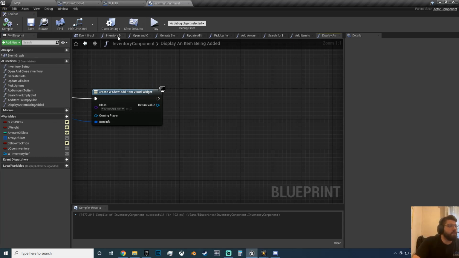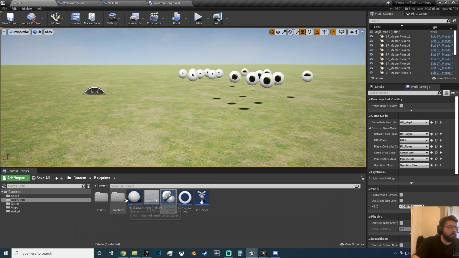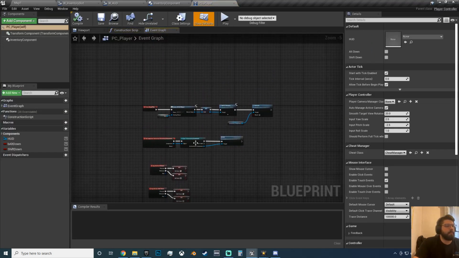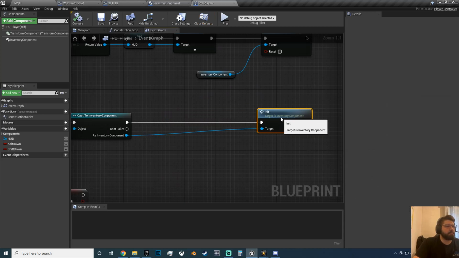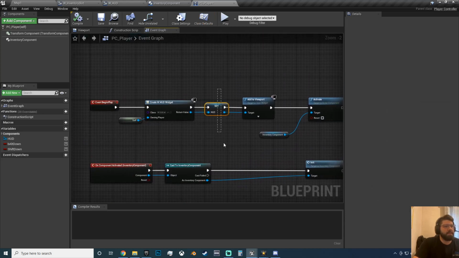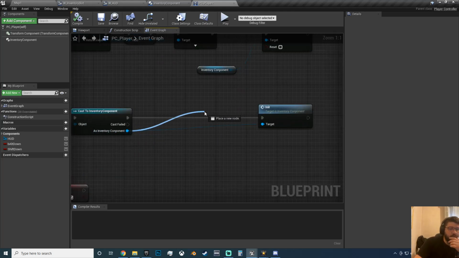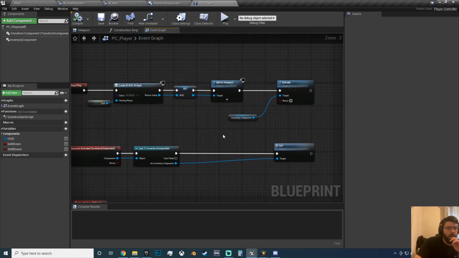So to do that, you will need to go to your BP player. There's two ways to do this actually, but we'll do it the easy way. PC player, and on this initiate, this PC player has reference to the HUD. So you could set HUD here, which is probably the better way to do it, or you could